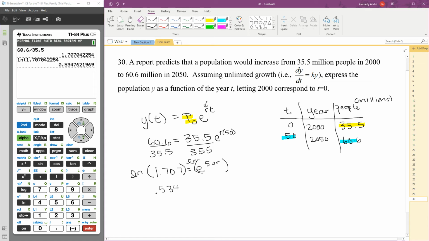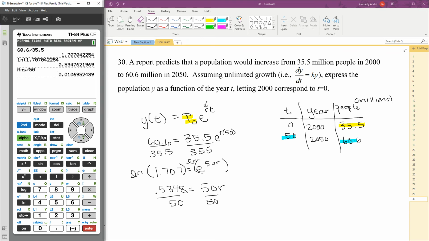Instead of 7, I'm going to put 8 for rounding purposes, which will give me 50 times r. Then I can divide both sides by 50 to figure out what the r value is. And so with that, I'm going to get that r is about